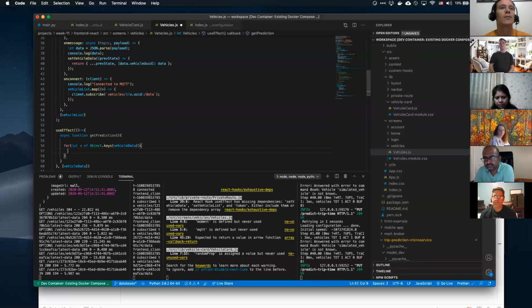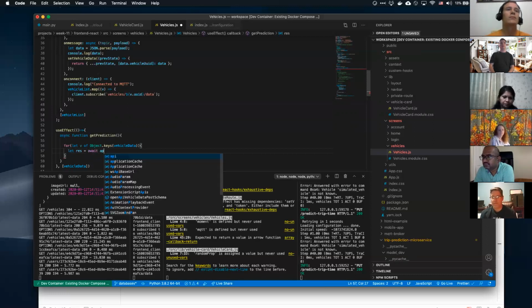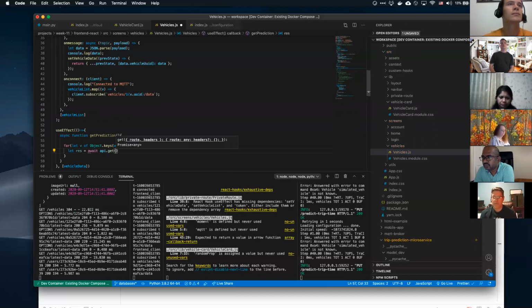So I'm going to say let res equals await API.get. We just need a get, so that's good. And then we're going to do a route. JC was nice enough to give us a nice little function for that.